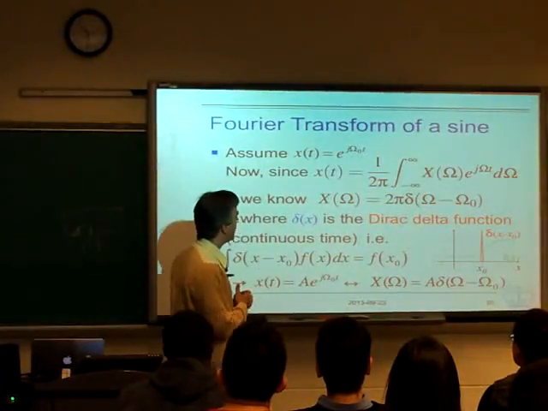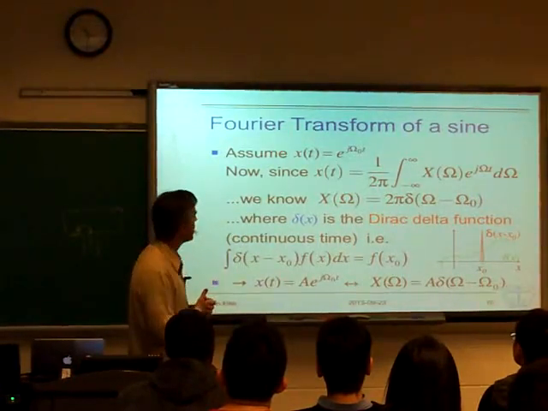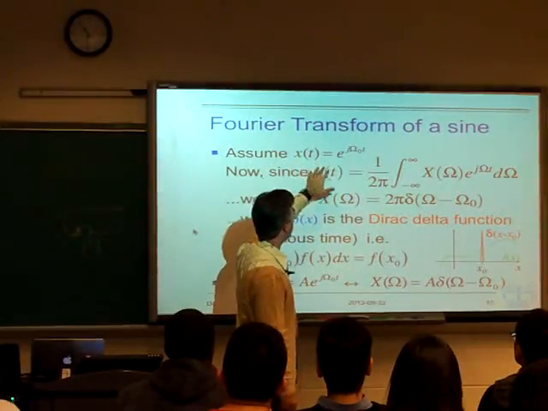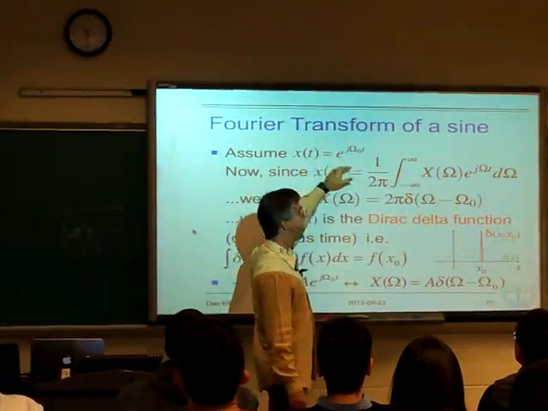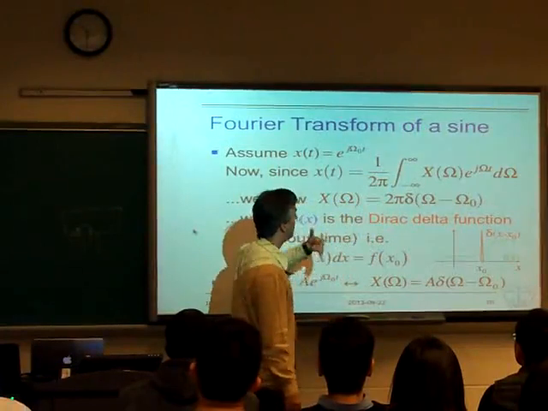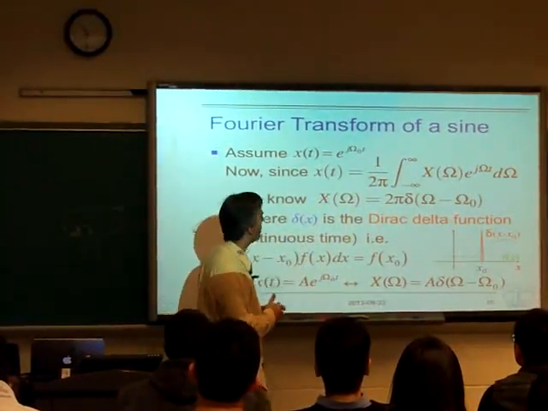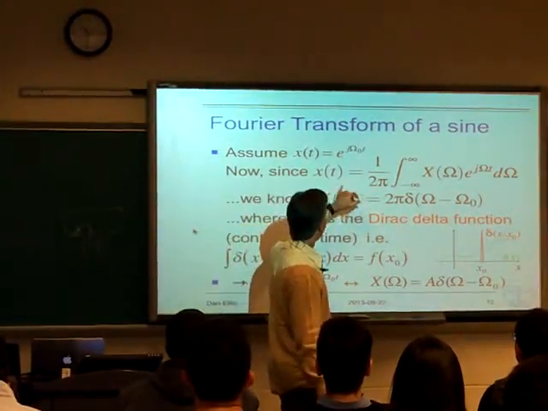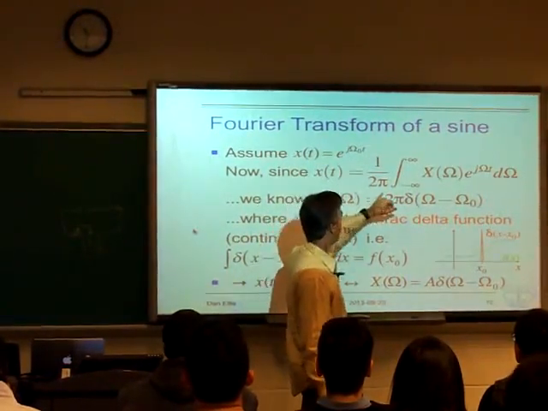Just to make sure we're getting this, we can think about what happens if we want to take the Fourier transform of a sinusoid. Let's assume that x of t is e to the j big omega 0 t. So this is a sinusoid, but it's a complex sinusoid with a frequency of omega 0 radians per second, which we can convert to hertz as omega divided by 2 pi to give us cycles per second. Now, the Fourier synthesis expression is that x of t has got to be equal to the integral